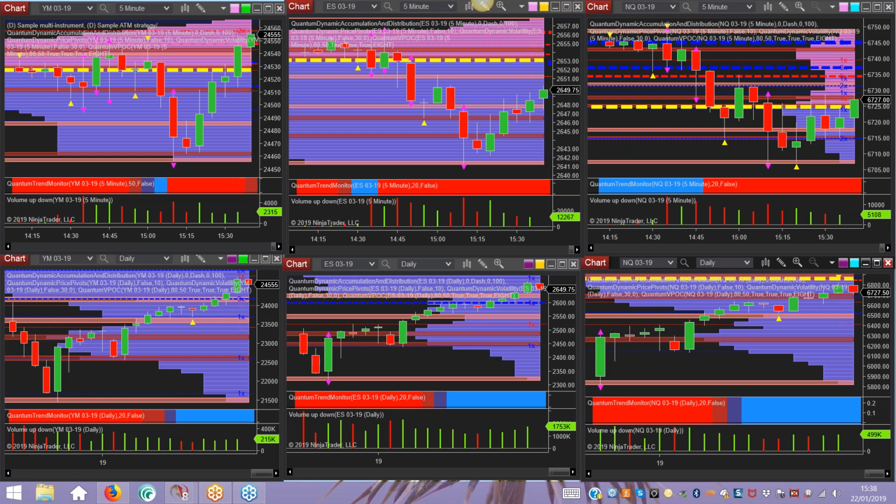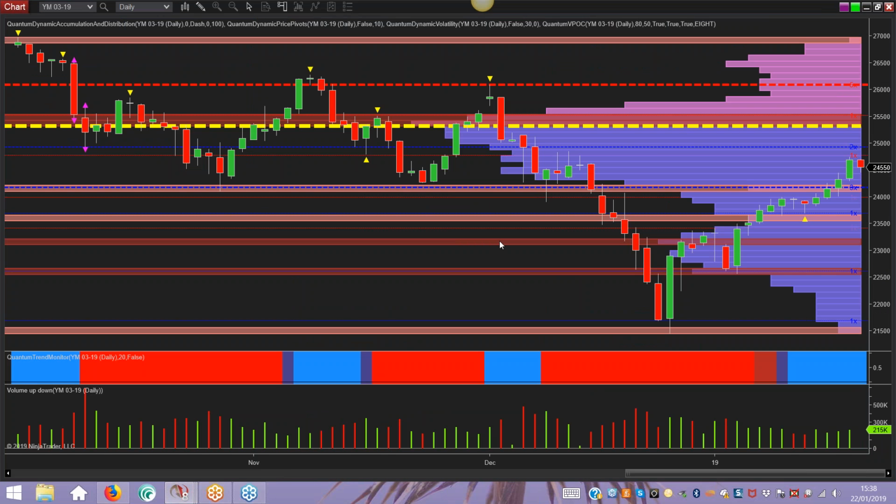Right. We're just on the time-based charts. I've got the tick charts running as well, but just on the time-based charts to get started. In the top row, I've got all three indices. Top left, I've got the YM, which is the futures contract for the Dow 30. I've got the ES in the middle, which is the S&P 500, and over on the right-hand side, I've got the NQ, the Nasdaq 100. They are all running on the March contract for 2019. And then down at the bottom, I've got the daily chart for all three, which gives you perspective on where we are at the moment.